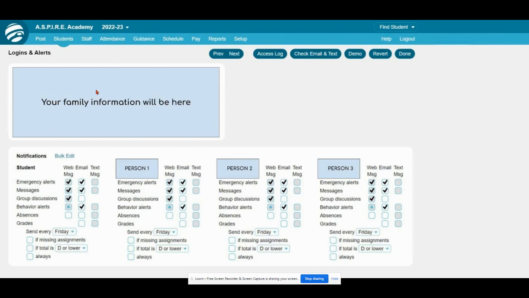Up here in this upper left-hand quadrant will be all of your family's information, all the people you listed on the account, all the emergency contacts, along with the ability to reset passwords and all that kind of good and important thing. Down here, you'll see that the student is able to also receive web messages, email messages,